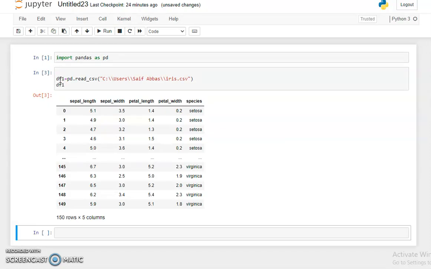You can see here our data is loaded, or we read our CSV file. You can see here sepal length, sepal width, petal length and petal width, and species, and this is the indexing. You can see here our 150 rows and 5 columns. Suppose you want to change your header. You can see here the header is sepal length, sepal width, petal length, petal width and species. But if you want to change this header,